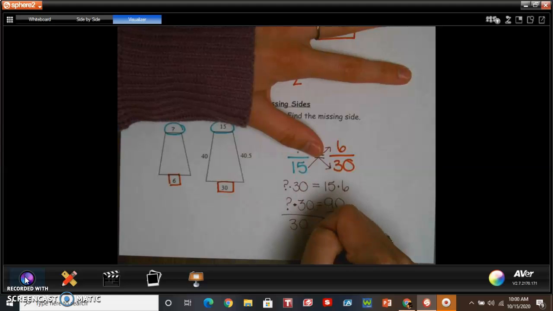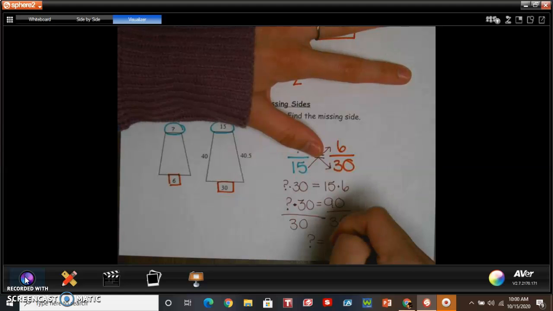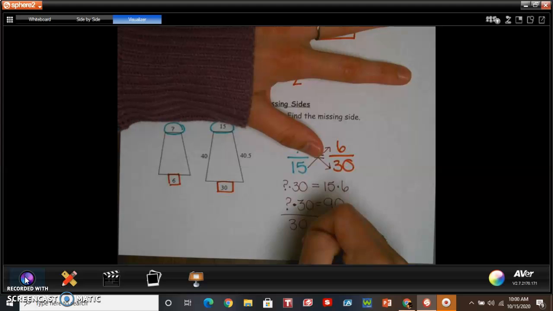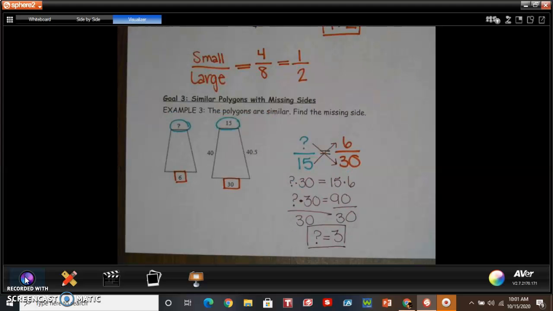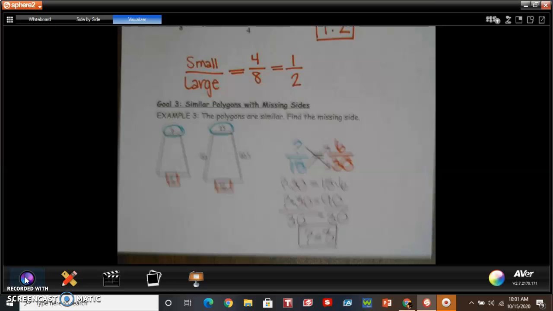So what do we get for our missing side? We get 3. Now, again, you'll have 5 questions like that on your homework tonight or tomorrow or whenever you do it. And they are also multiple choice. And the last thing we're going to do,